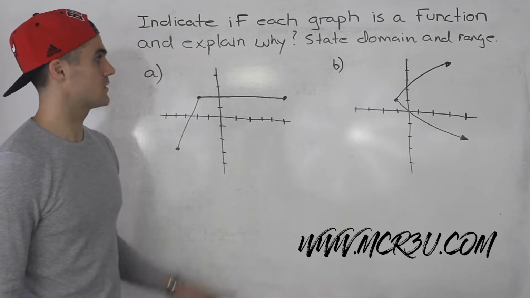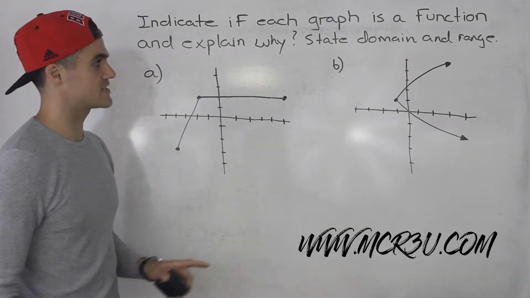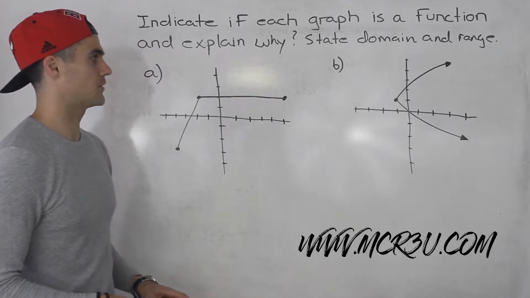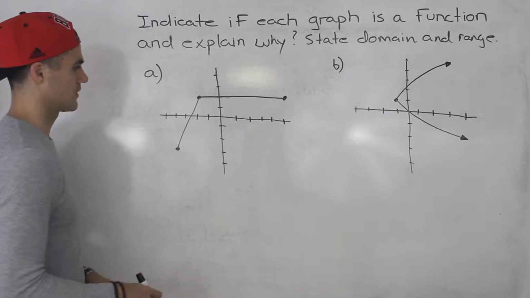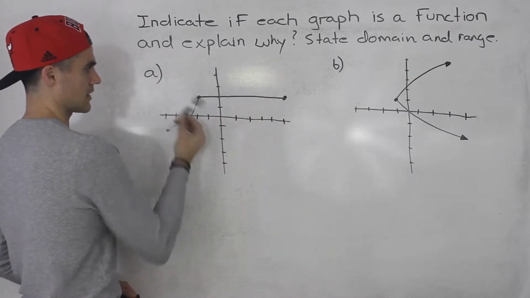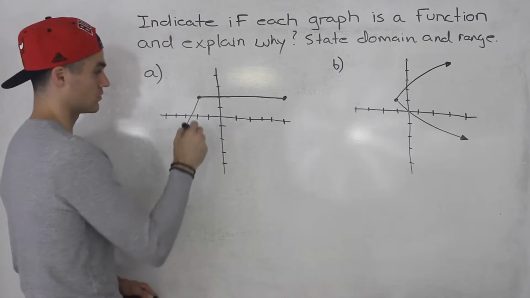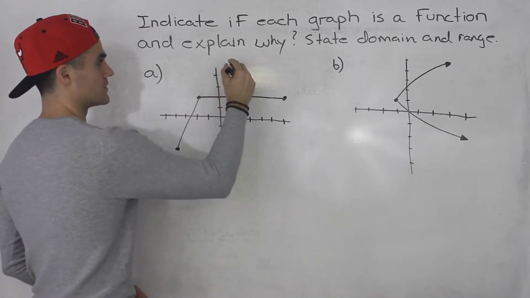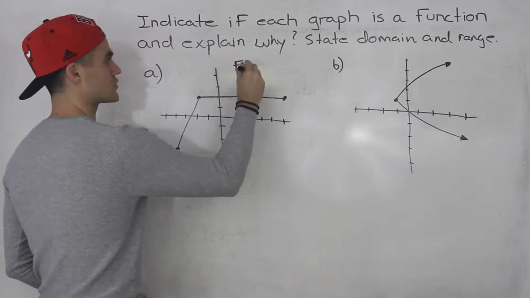In this question, we have to take each of these graphs, state whether or not they're a function, and then state the domain and range. So starting with this one, notice that if we run the vertical line test through this, it passes it. There are no 2 points for a single x value. So this here is a function,